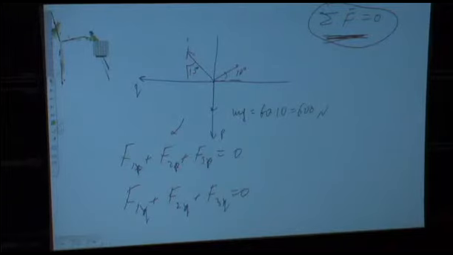Now, this green letter represents the Q component of the tension number 2. This green arrow represents the Q component of the tension number 1. And the Q component of Mg. So Mg is also what we call a weight. So the Q component of this force, weight, is equal to